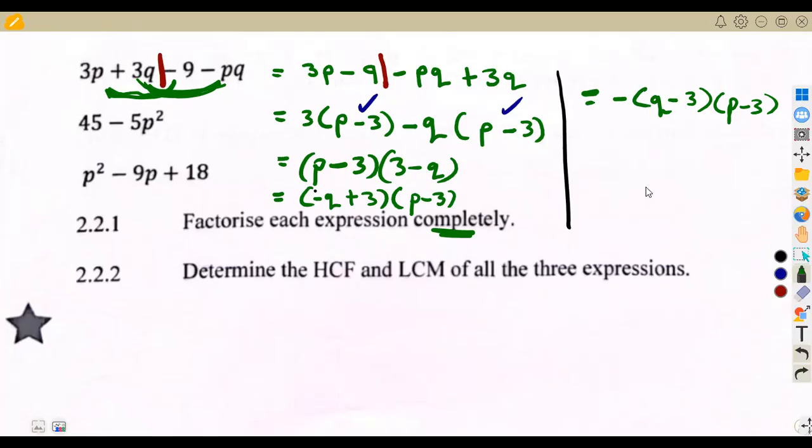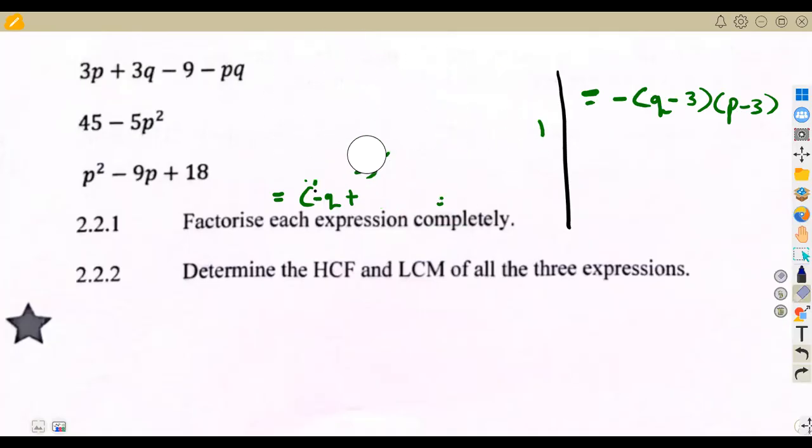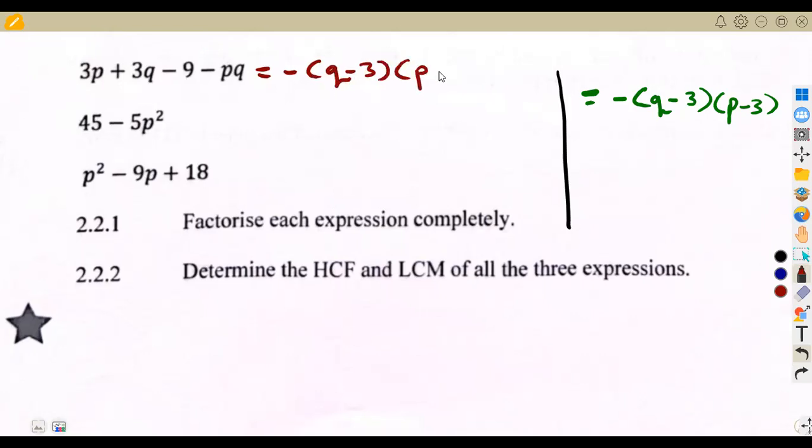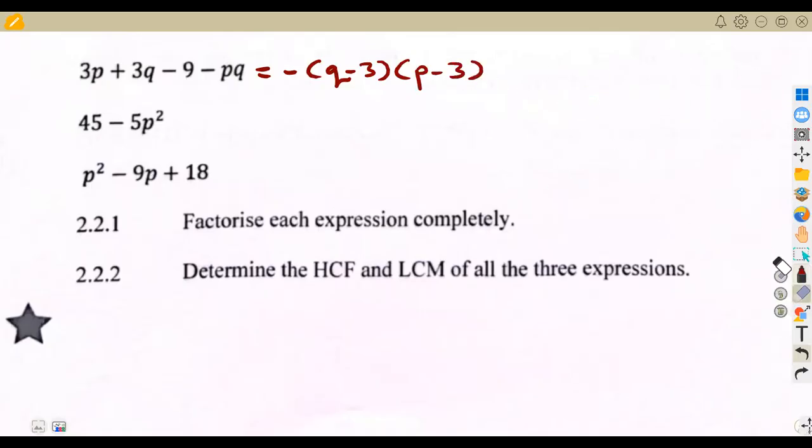All right. So we have factorized. This is the last extent that I want our answer to be like. Okay. So here, let us just write our final answer as what we got here. So this gave us negative bracket q minus 3 into p minus 3. So you're going to need this because remember, you're going to need to find the HCF and the LCM there. All right, the same thing was happening on this part. If you check the p,